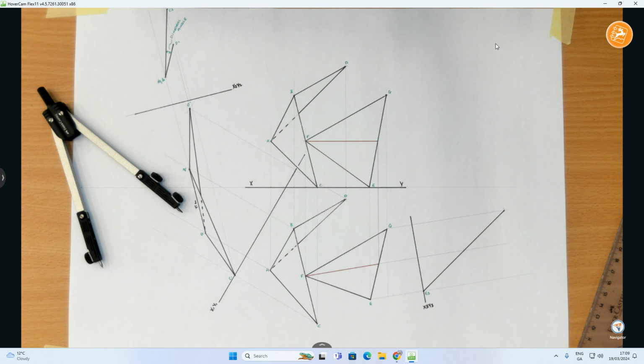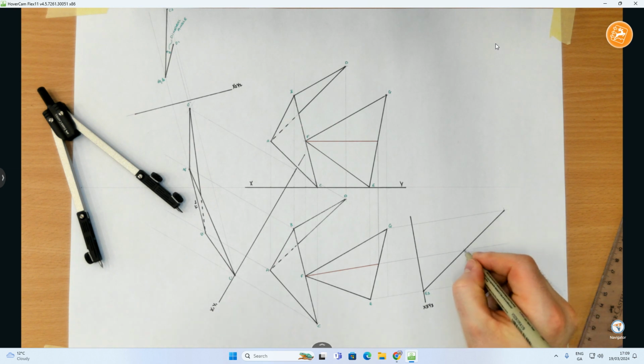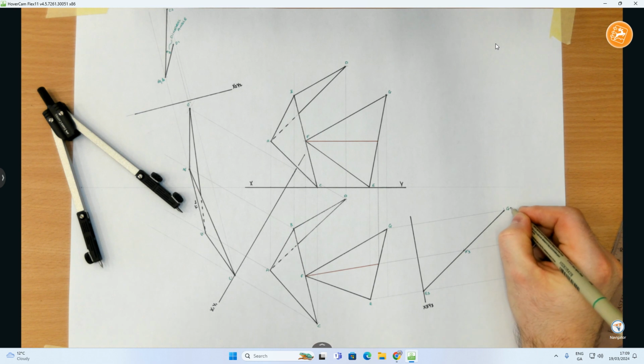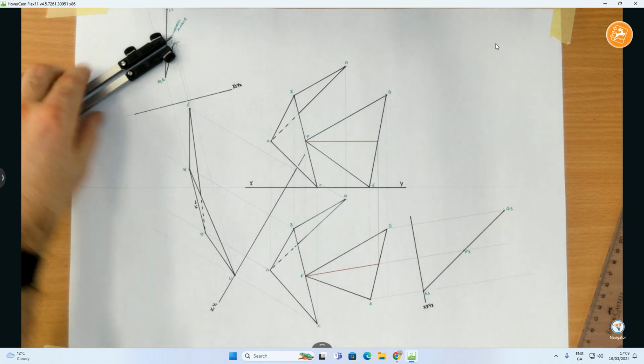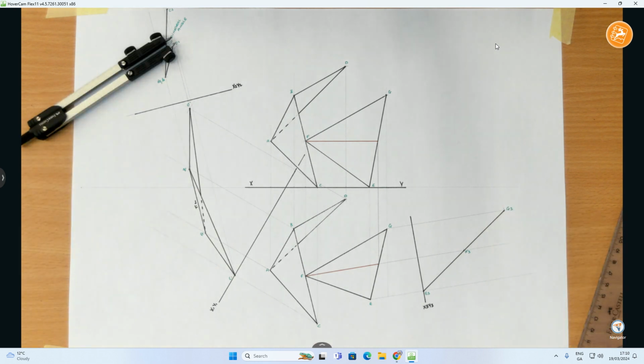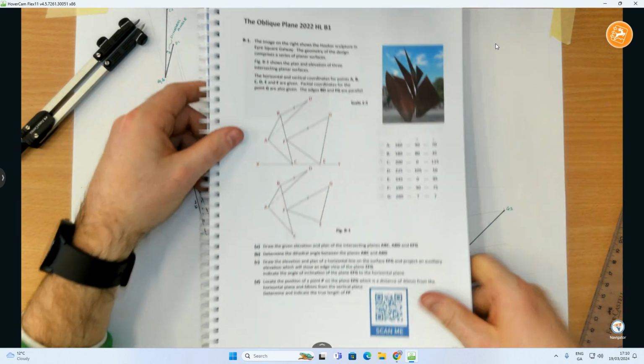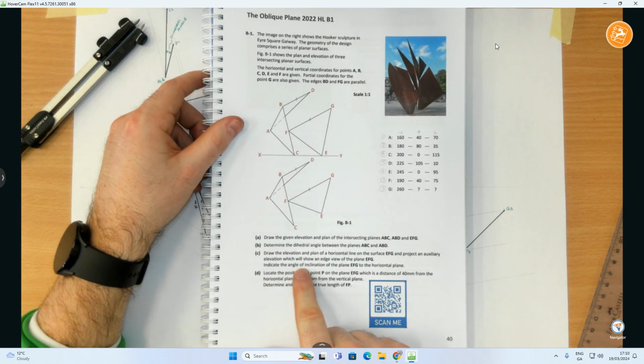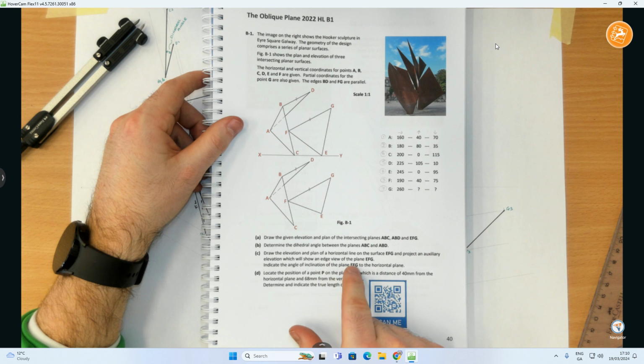So, what we're going to do now is just label these. That there is F3 and this is G3. Okay, so what we have now is the surface EFG as an edge view, but more importantly, if we just refer back to the question, it says here, indicate the angle of inclination of the plane EFG to